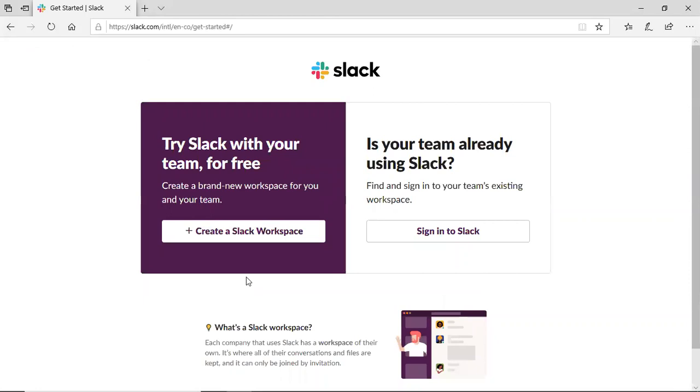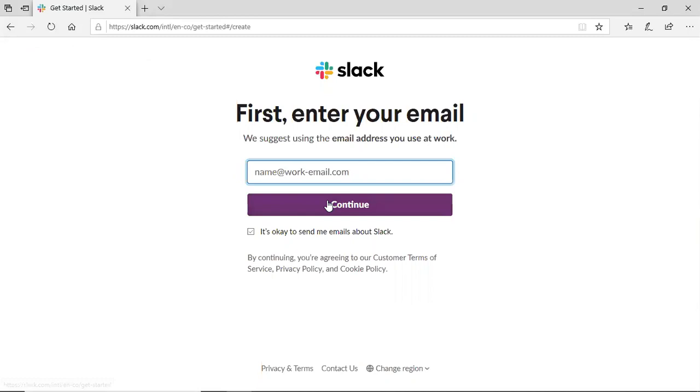Here there are two options: create a Slack workspace and sign into Slack. We are new to Slack, so we are just going to create a Slack workspace here. Here you have to provide one work email ID, or if you are using it for a demo, then you can use a Gmail ID. So I am giving a Gmail ID over here.